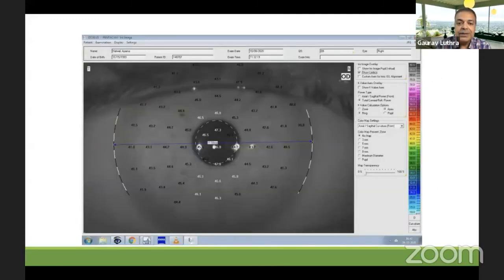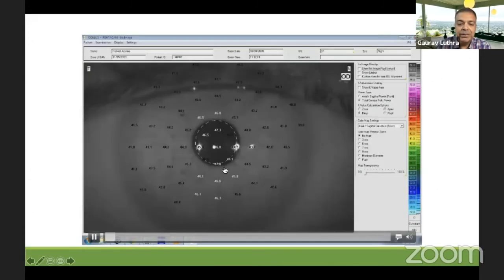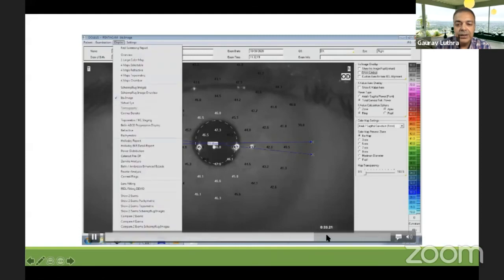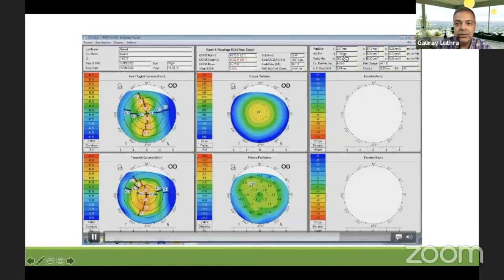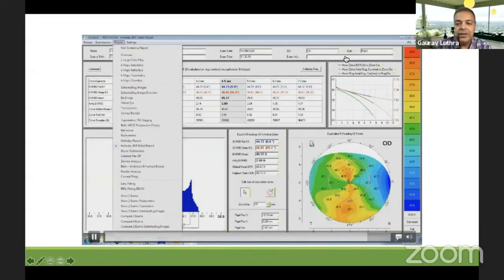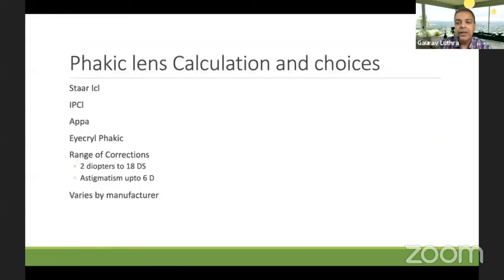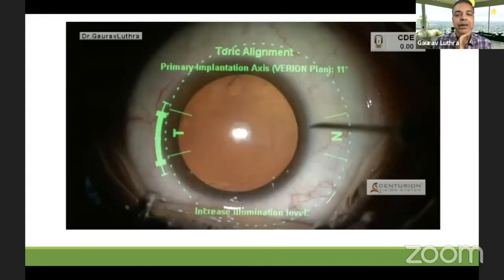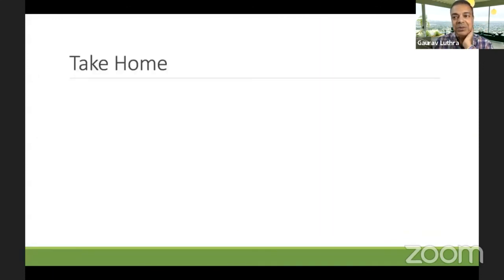Now, this is a small video showing how the Pentacam can be used. And on the iris image, you can get a manual measurement from, say, here. You can drag it to here, and this gives you the white to white. And you can also check this on another scan. I think over here, this is the horizontal white to white on this holiday report, which is 11.5, and then the eCare report has it as well. So anyway, you have many lenses available. You can calculate them. I won't show you this because it's beyond the scope of this talk.